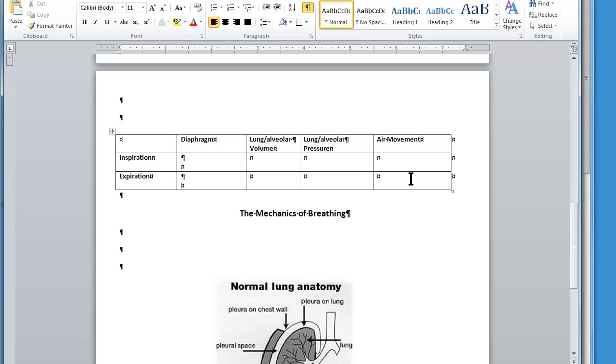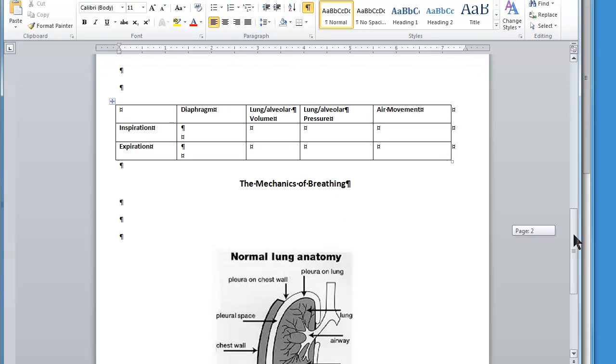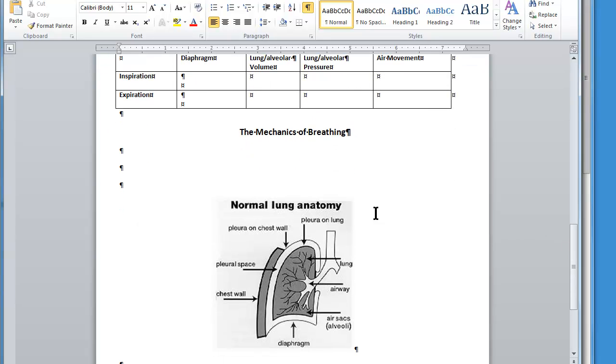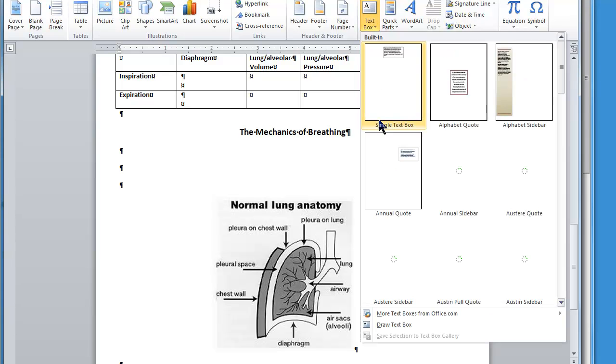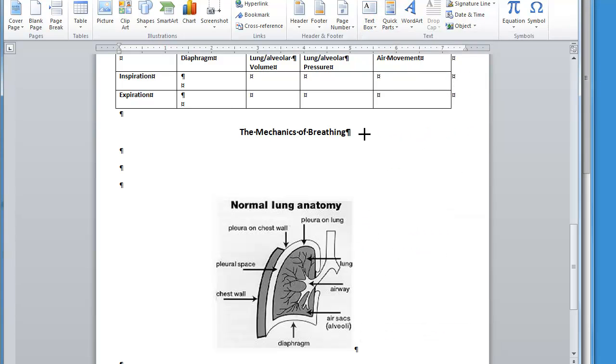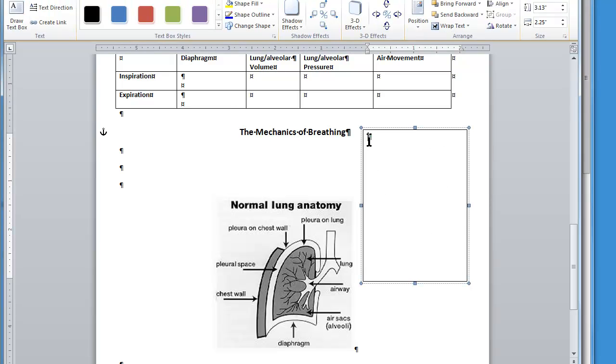So if we look at this in a series of steps, the first step, I'm going to put a text box here so we can be sure that we have this in a nice orderly fashion. Step number 1 is that to get breathing to begin, the diaphragm and external intercostals contract. And when they contract, the thoracic